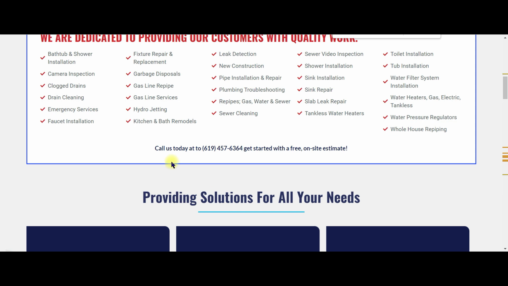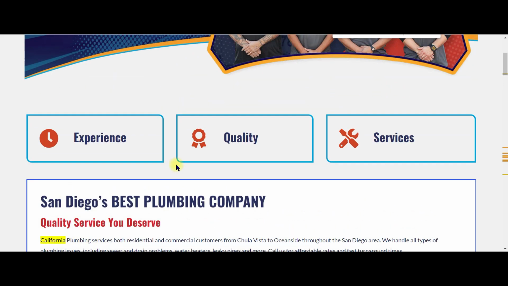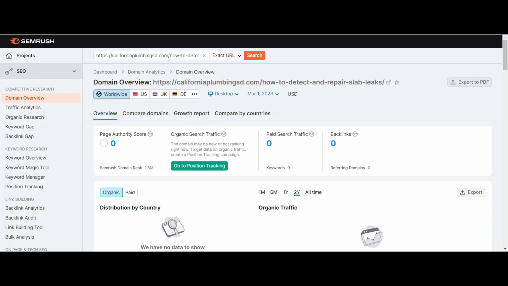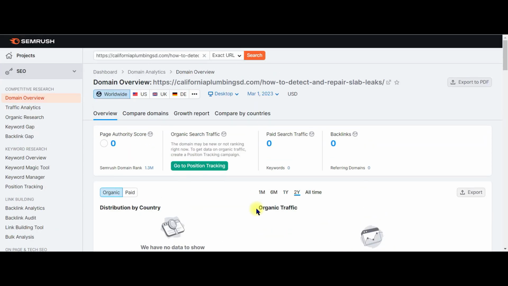So there are multiple ways I would find out how to analyze this competition. One is I can use a keyword research service such as SEMrush, and for SEMrush I have a link down